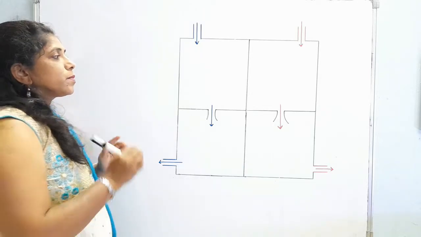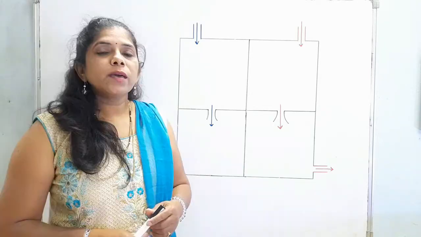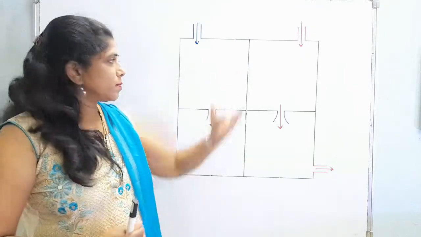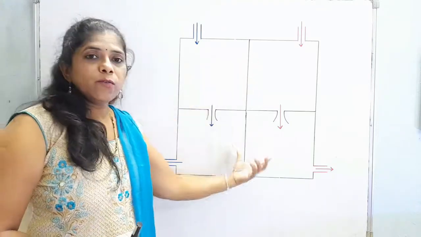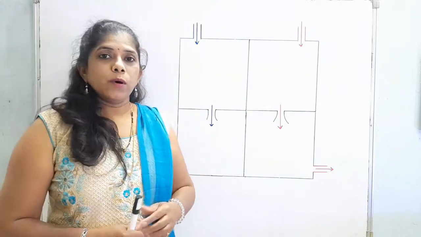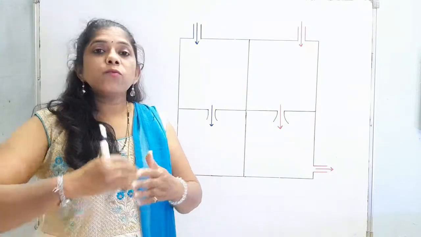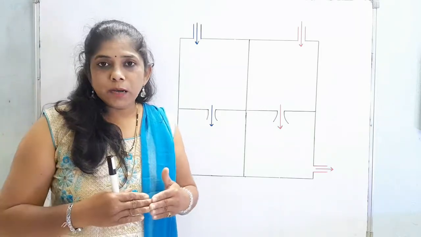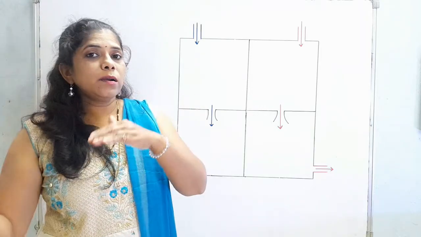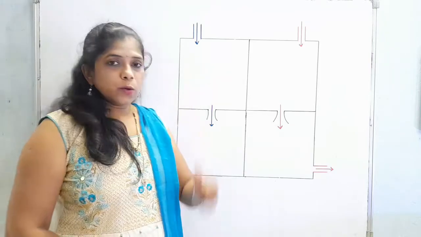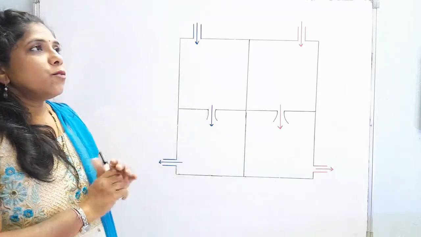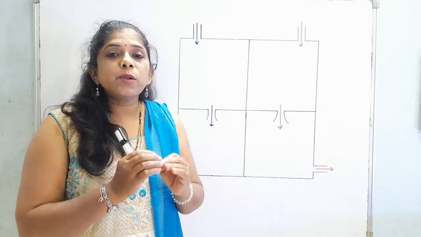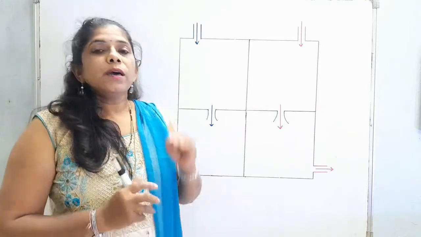So here what happens is oxygenated and deoxygenated blood parallelly flows in this heart. How? From where it comes to the heart, where it goes from the heart, then again from where the blood comes to the heart, then how the heart supplies blood to the body. So let's start with first basic thing, or we can say the basic principle on which the heart works is